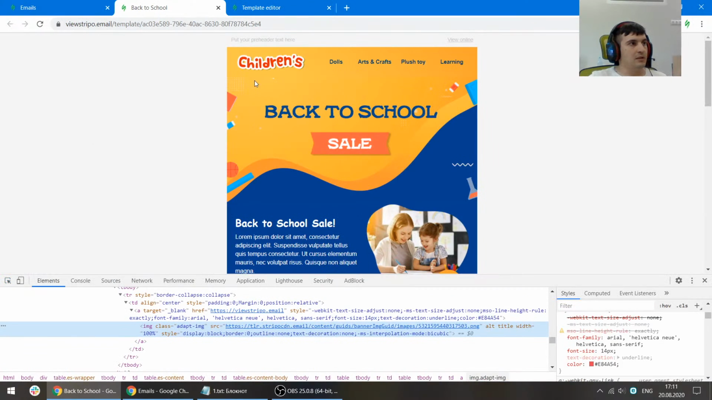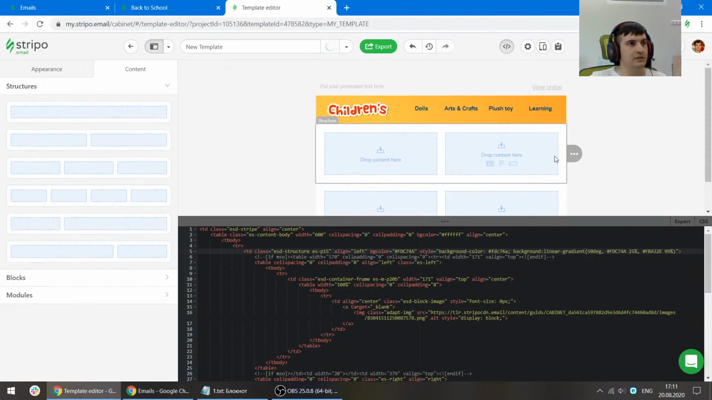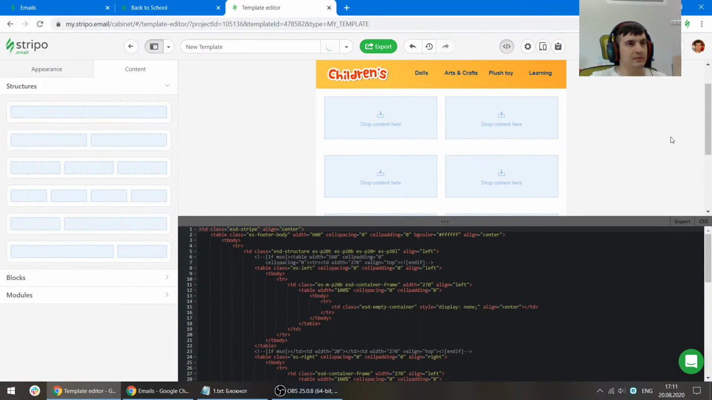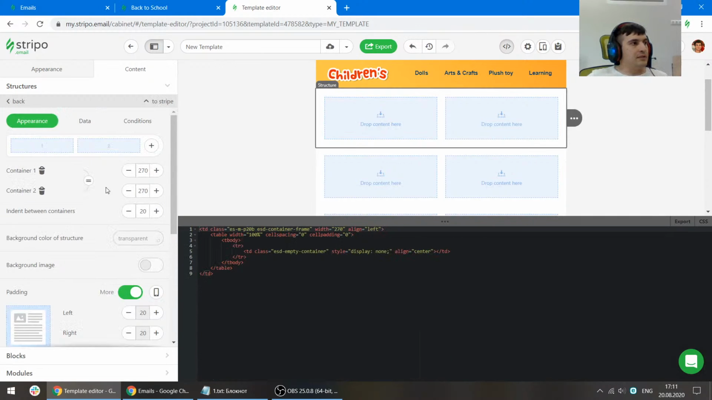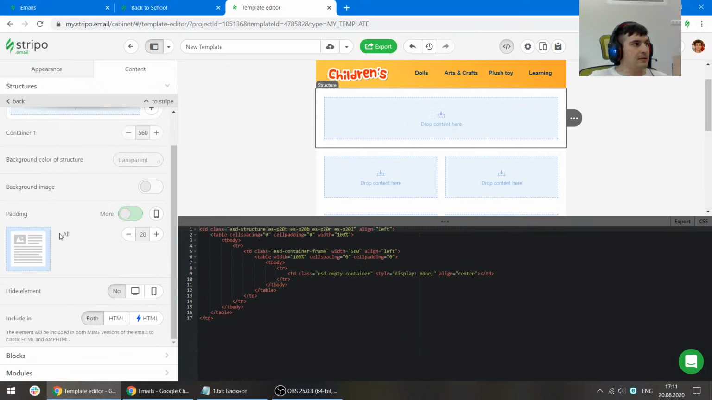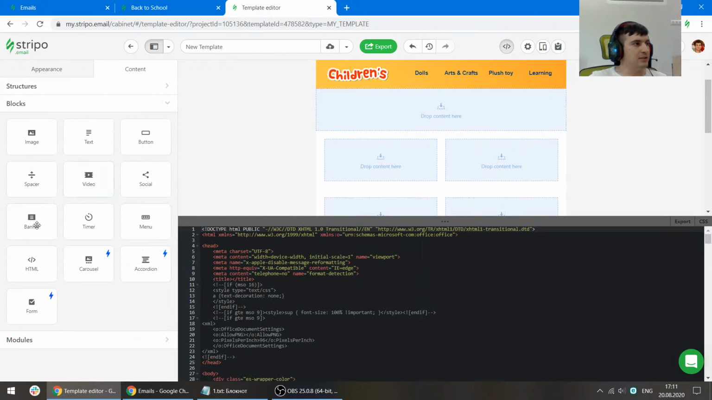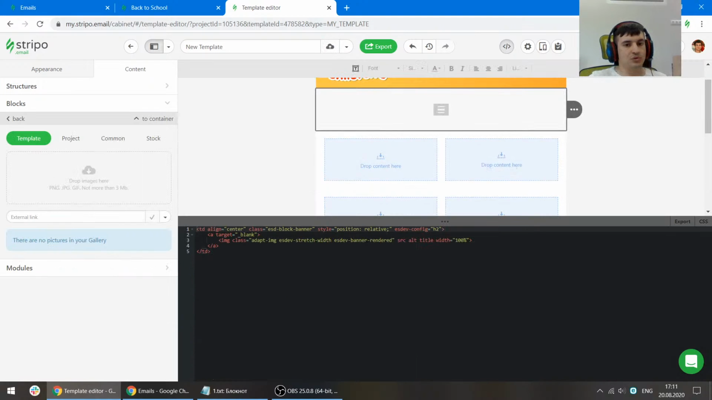Okay. To recreate the next element of the email, we should use the banner block. So let's add a few more empty structures and stripes. And here we should use just one container, so we can remove the second one, and I believe we can remove all paddings. To add the banner block, we can use drag and drop feature. And now we should just add an image that I prepared